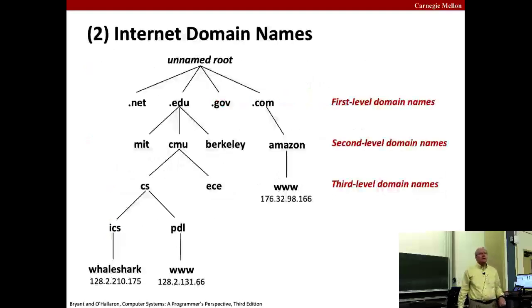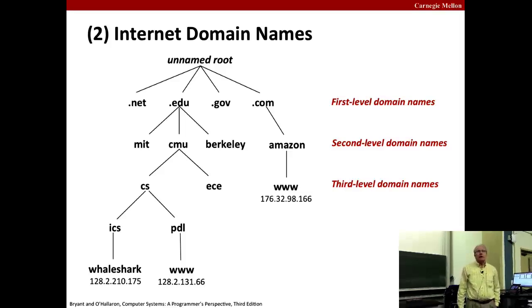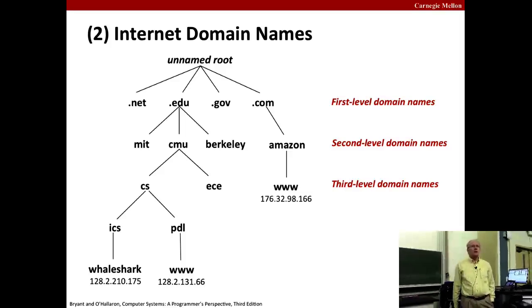But you very seldom think, when you want to go to Google, about what its IP address is. You just go to www.google.com. For everything you do, you refer to it by what are called internet domain names, which is a hierarchical naming system, where, as you know, .edu is for educational institutions, .com is for commercial, .net is general networking. Many countries have their own suffix, so